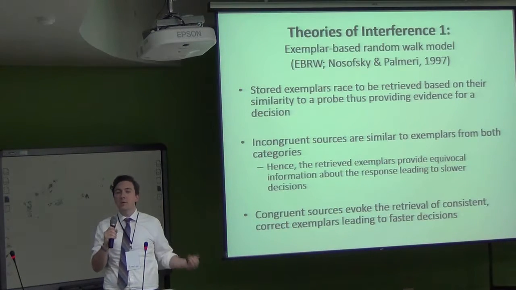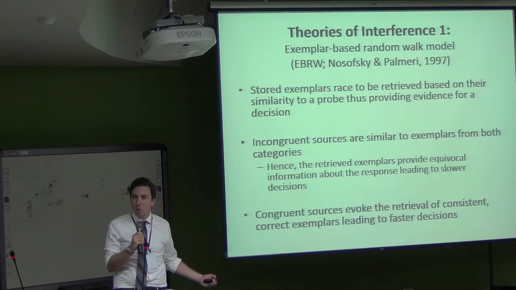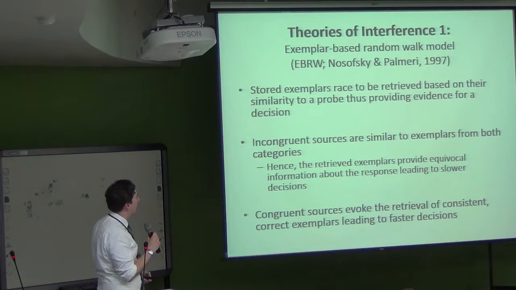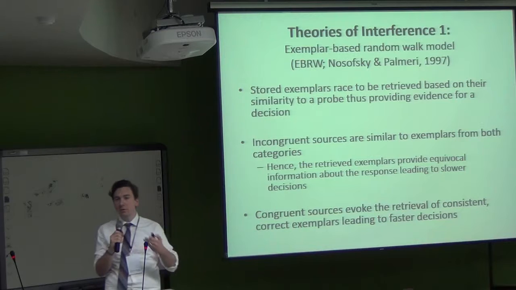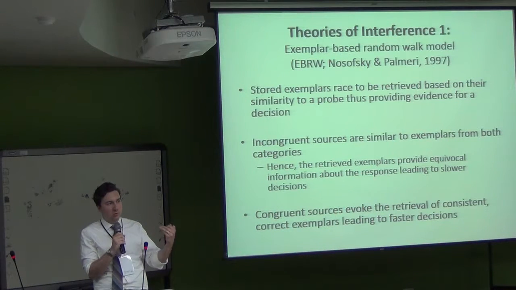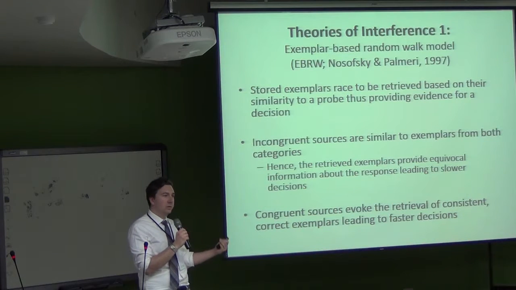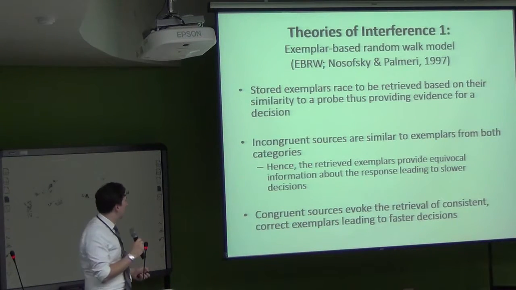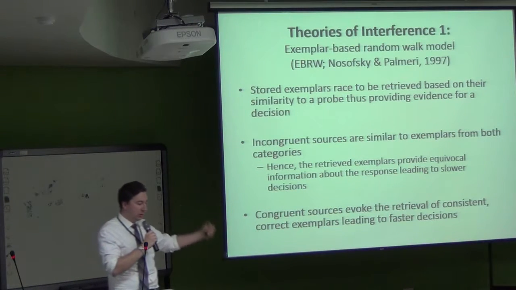So there are a number of different theories of categorization which we might use to explain this. I'm just going to tell you about one of them. This is a very prominent theory, the exemplar-based random walk model. The idea is whenever you're shown one of these stimuli and you have to assign it to a category, the way in which you do that is by retrieving exemplars from memory based on their similarity to the object that you're trying to categorize. This process continues for a while,